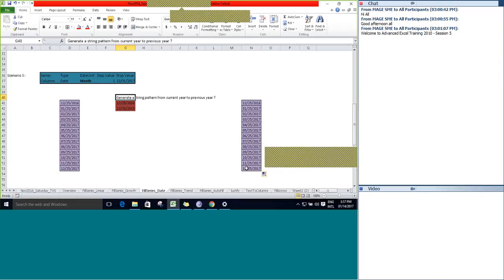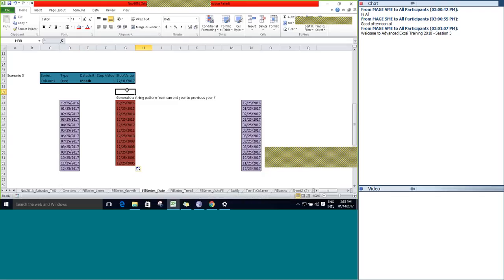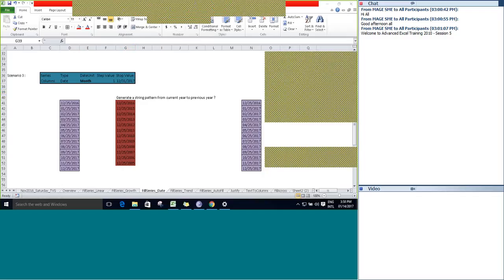Here, generate a string pattern from the current year to the previous year. It is a negative step value. It is the concept of a negative step value. Here you can see 15 to 14, 13, 12, 11, 10 and it goes on. So we can achieve the particular scenarios that we discussed using fill series for dates without the command also.